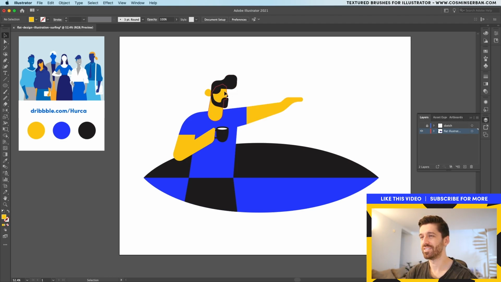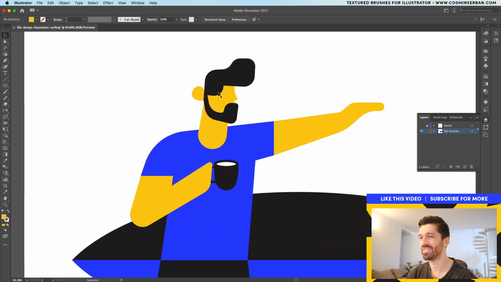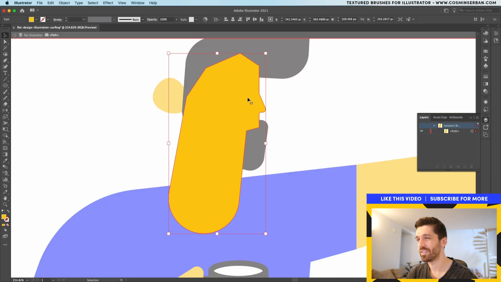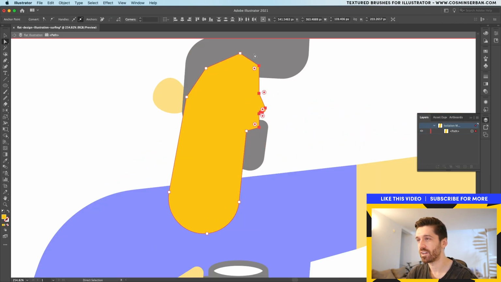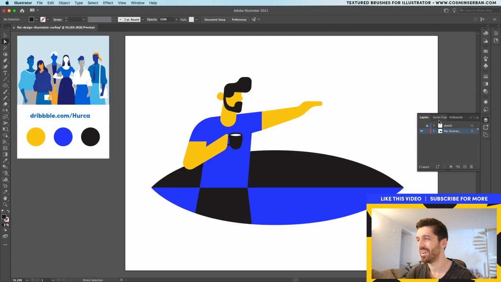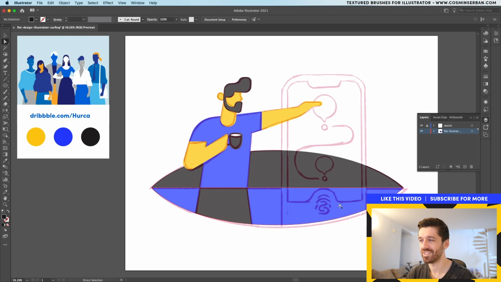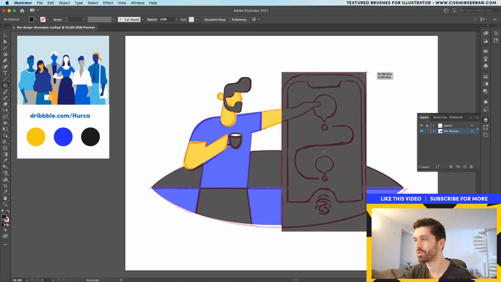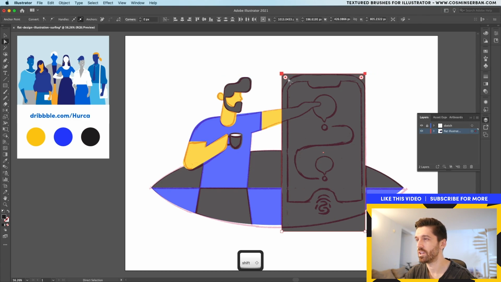One thing that I've noticed is the face is a bit too small, so I'm going to double click to get inside it. With the direct selection tool, I'm going to select all of those points and actually move them forward a bit. Let's enable it again, and now you can actually start working on the actual mobile phone. We'll start with a huge rectangle. It's going to be the outer shell. Let's select these 2 points and actually round them off.